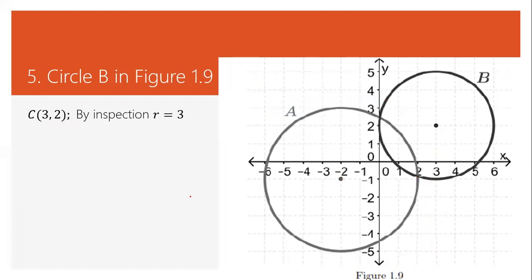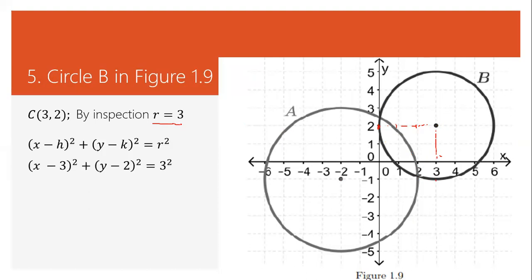Circle B, ang iyang center here at 3 and 2. So C is 3, 2. By inspection, pwede na to siya i-check here or here. Alin na lang dire. So 1, 2, 3. Radius is equal to 3. So we have center and radius. So pwede na ito makuha ang iyahang